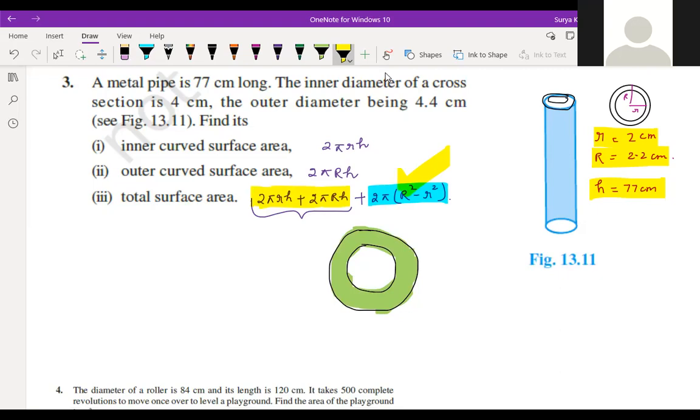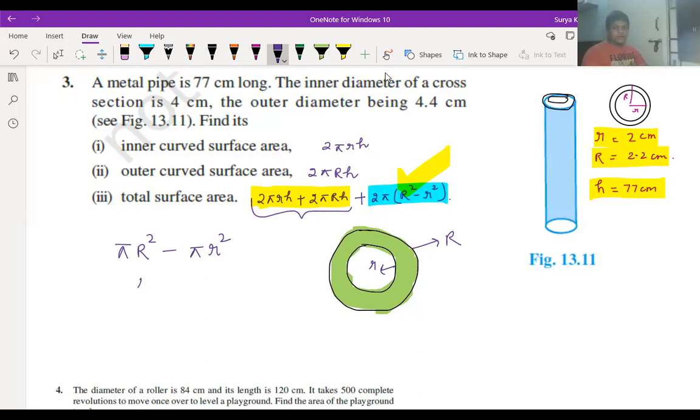Just try to listen first, children, how to find the area of these concentric circles. See, the area of the circle, this one is having capital R, and this is having small r as radius, suppose. So how to find only this shaded part? Pi R square is the area of the complete big circle. Correct, children? And the inside area is pi into r square. If you subtract the smaller circle area from the bigger circle, can we get the shaded part or not? Yes, sir. We can take pi common, and then I can write R square minus r square.